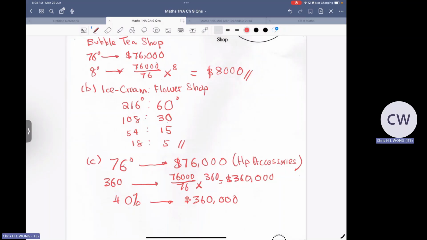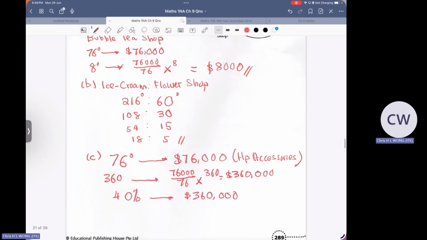I told you already. 140. 140 represents the original value plus the profit 40%. So equals to 140% total value, which is what we want. So 140% equals to